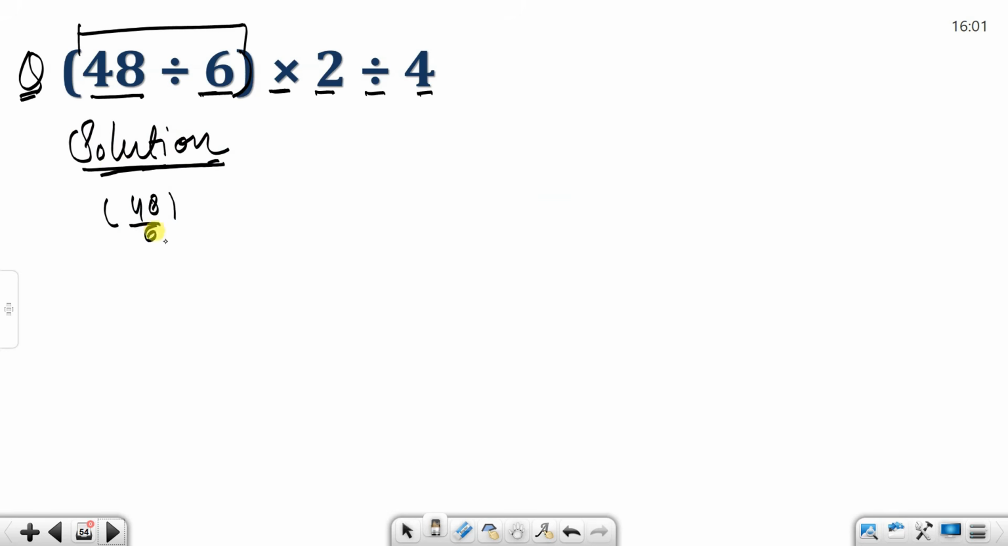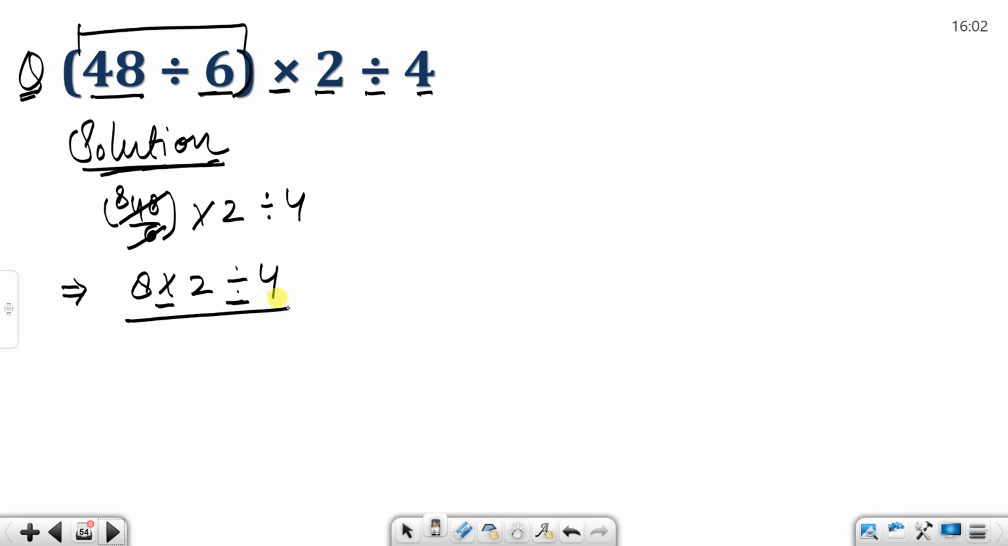48 divided by 6 multiplied by 2 divided by 4. Now 6 goes into 48 8 times, so we get 8 times 2 divided by 4. We know this. According to the rules, multiplication and division have the same priority, so we check from left to